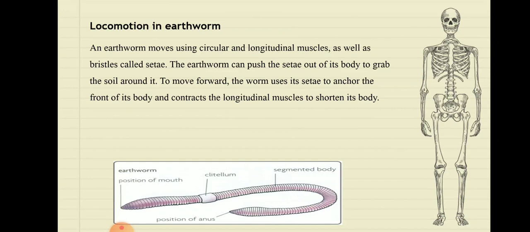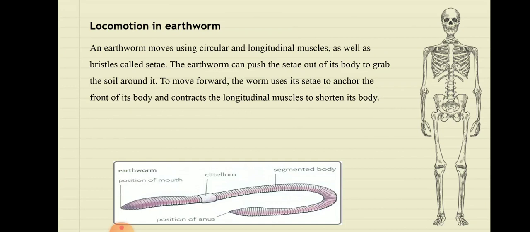It has very fine hair-like structures present on its ventral surface, that is the underside of the body. These structures are called setae. They are hook-like structures which help it to move further. It hooks into the ground and enables the earthworm to pull itself forward. So this is how the earthworm moves from one place to another. These setae are connected with the muscles of the earthworm, which helps them for the movement.